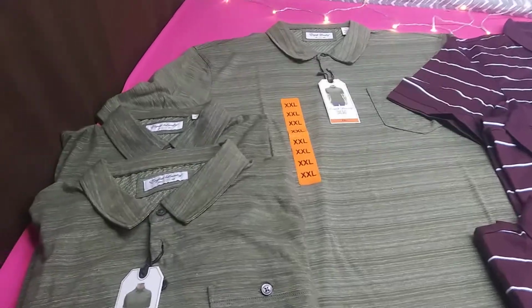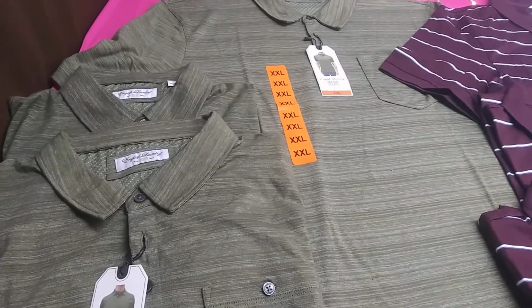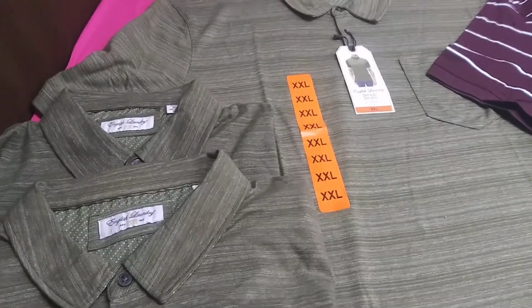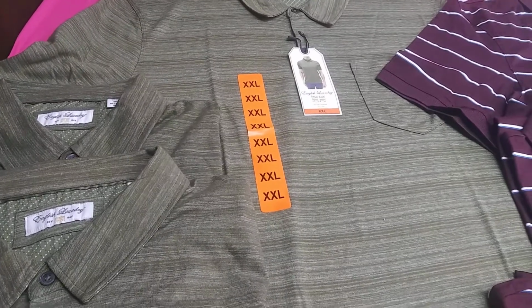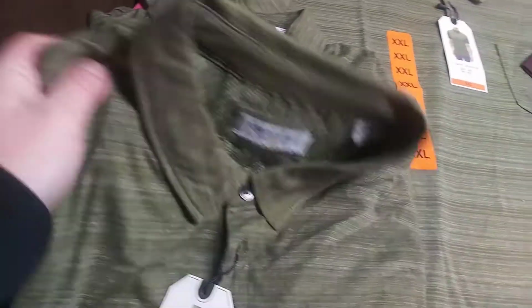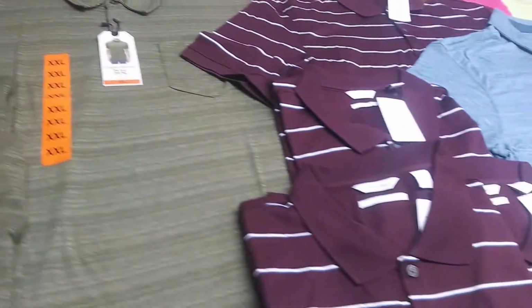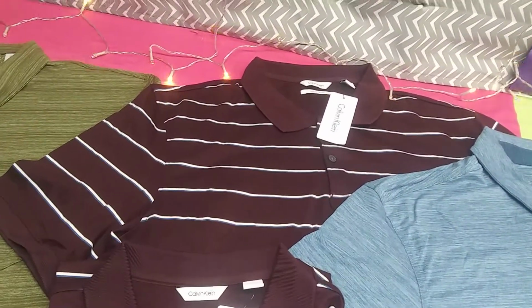In this lot you're going to receive 3 of these green English Laundry, various sizes. This one here, extra large. You got a medium, you got an extra large. So those 3. Moving on to these awesome Calvin Klein striped